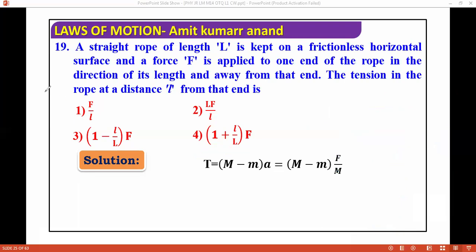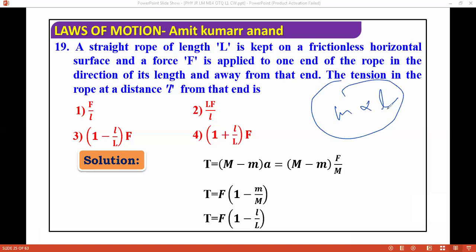I'm showing you the calculation part; you can solve it easily. Again, this question is very important. If you know the concepts, you can solve it. It will come like this: (1 minus l by L) times F. As I said, mass is proportional to length, using lambda into l, where lambda is constant, whether it is density of length, area or volume. This is a very good question for JEE. So this option will come like this. Now we are moving to the next question.